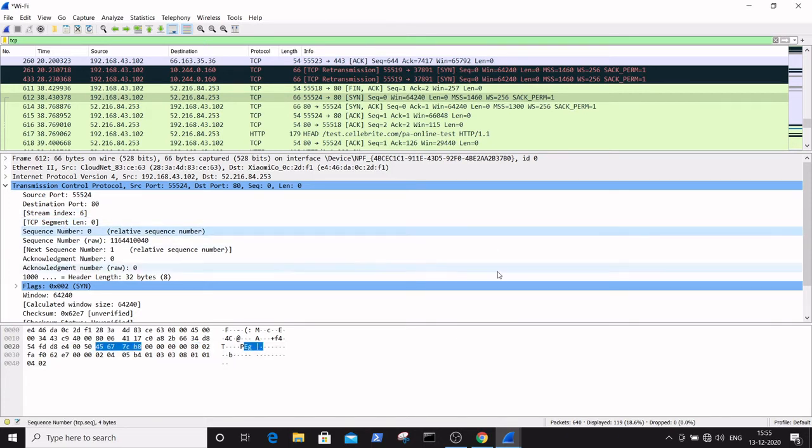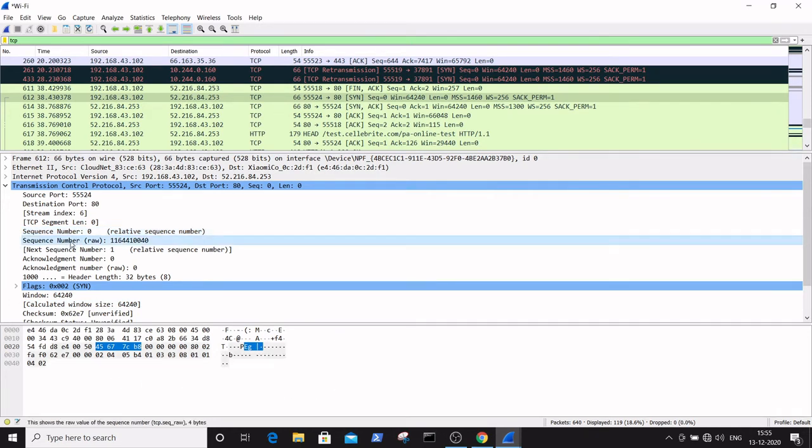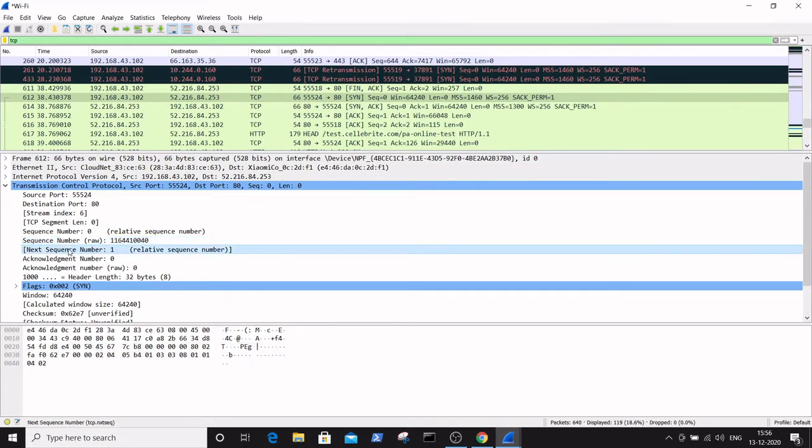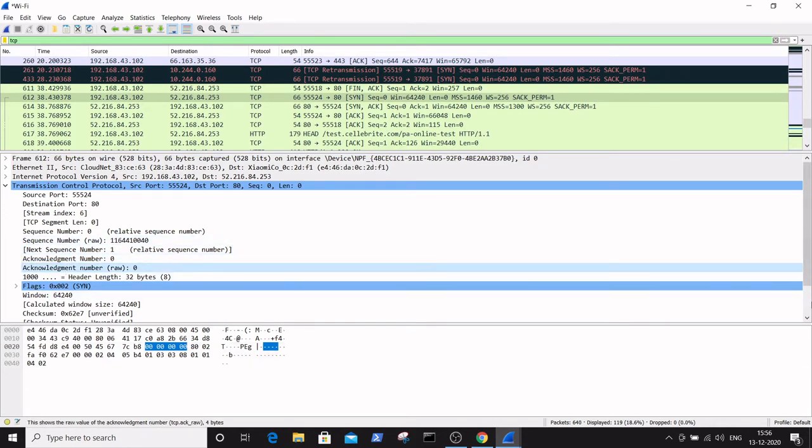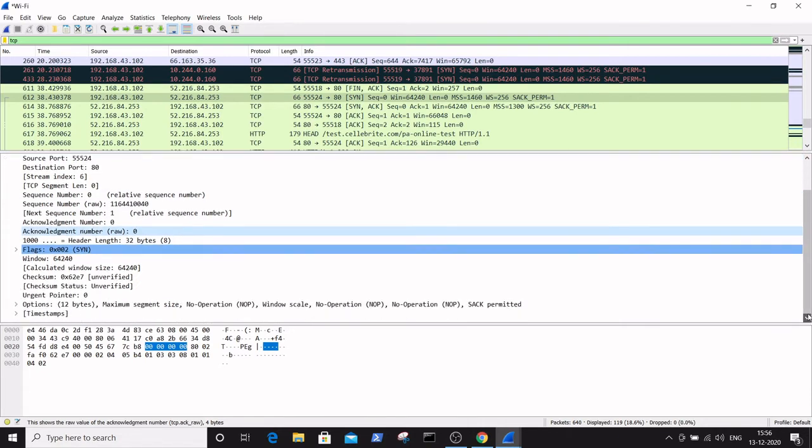By selecting each of these, it is highlighted in the data view window in the form of hexadecimal numbers. Then sequence number, next sequence number, acknowledgement number. All these are the TCP header fields.